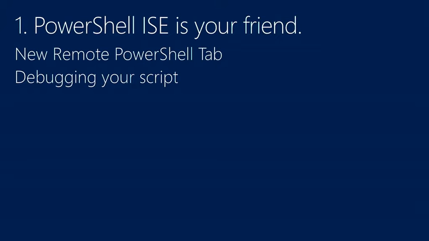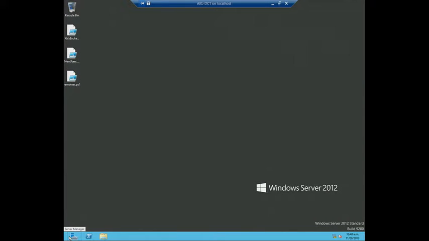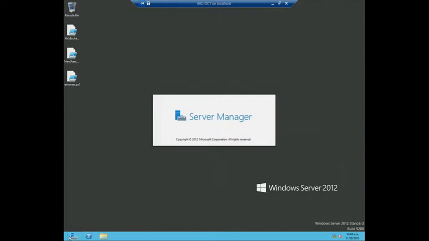All right. There's something we can look at here. So that's good. All right, so what I have here is just a real basic environment for us to have a look at today. I've got a domain controller up here, a Windows Server 2012 domain controller, not an R2, my mistake. I've also got an Exchange server. That's all I have. I'm trying to keep this fairly simple and straightforward for us.